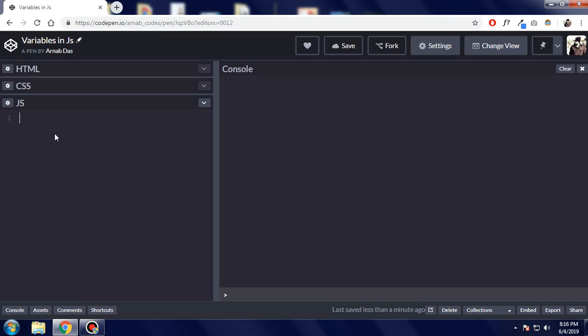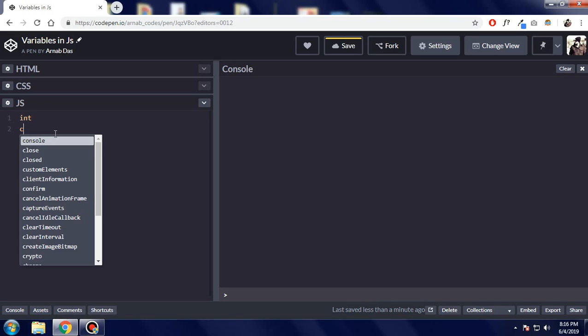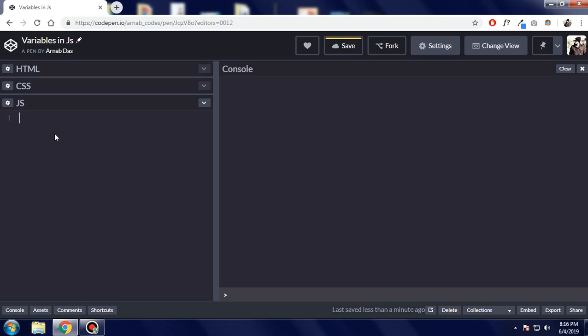So let's get started. In JavaScript, as we have already come from other languages like C or C++, you have heard int or char, something like that. But in JavaScript we don't have to specify whether it is an integer or a string or a character. In JavaScript we only have to declare one thing, which is var. Then we can declare any variable, just like name equal to orno, or if you type var x equal to